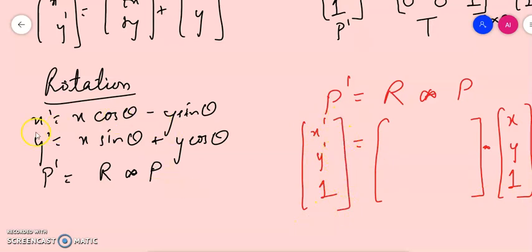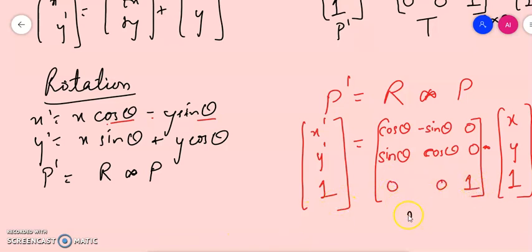Now by looking at the formula, I want x to be multiplied by cos theta, y to be multiplied with minus sin theta. So x with a cos theta, y with a minus sin theta, and the last value will be 0. So cos theta multiplied by x minus sin theta multiplied by y, 0 into 1. Similarly, the next row is x sin theta plus y cos theta. So it is x with a sine theta, sine theta multiplied by x plus y multiplied by a cos theta, and the last value is 0. In the last row I want the value as 1, so I multiply it with 0, 0, 1.